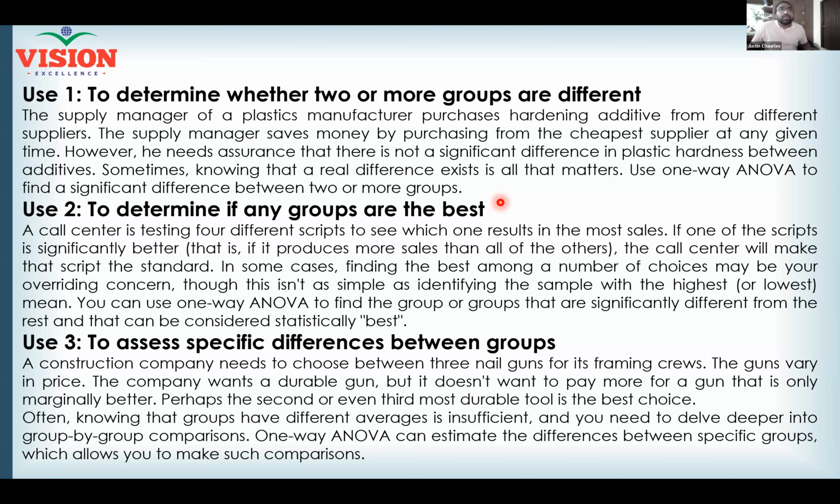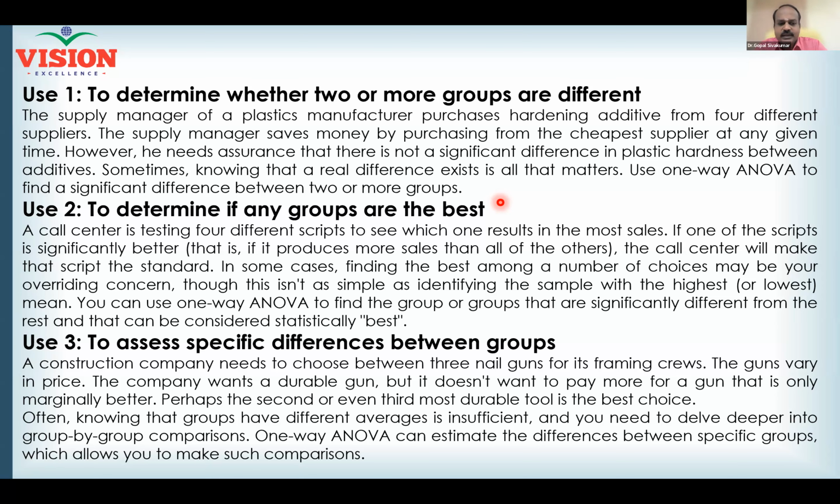Sometimes knowing that a real difference exists is all that matters. Use one-way Anova to find a significant difference between two or more groups. So what do you understand out of this scenario? Most of you would come across a similar scenario, isn't it? You might want to buy something